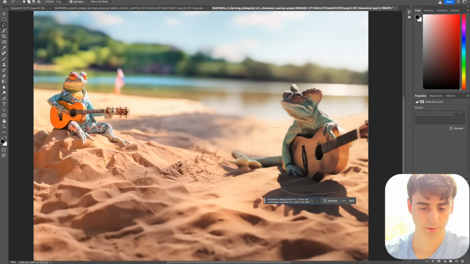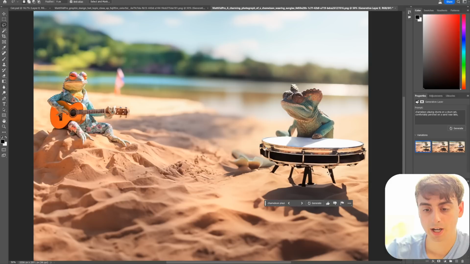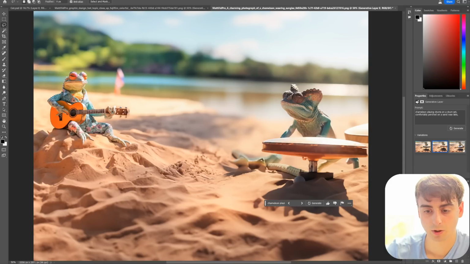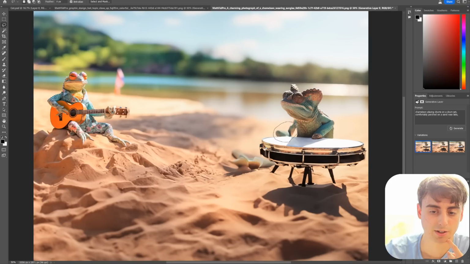All right, chameleon playing drums on a drum set. Let's go ahead and generate that. Okay, well, we got like a big drum. That's kind of cool. Oh, wow, it all went for just ginormous drums. Kind of don't make a lot of sense. This one's close to being all right, so we'll stick with that one, and then we'll have this AI fix